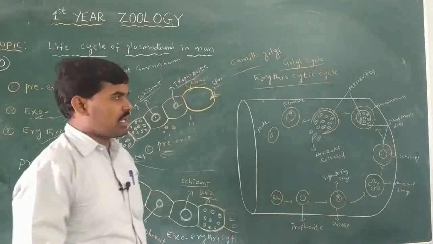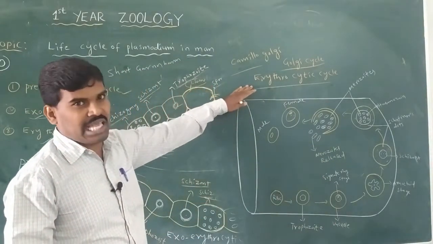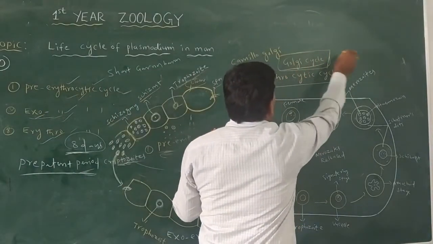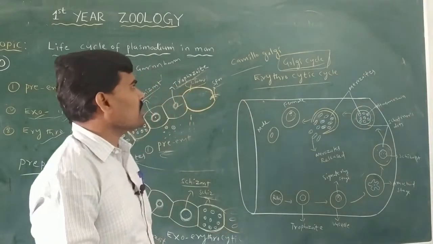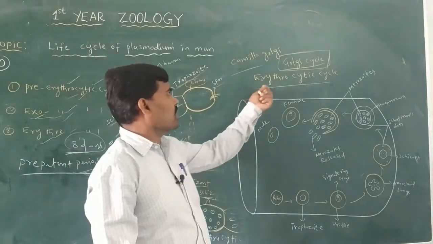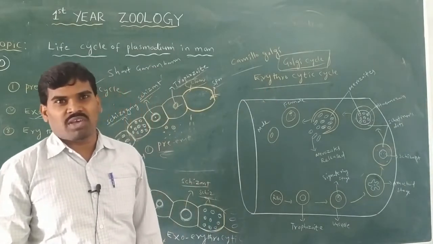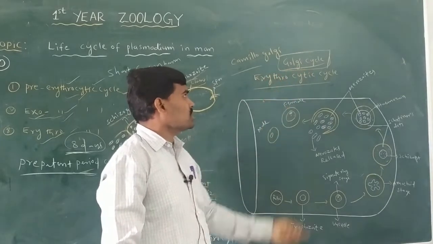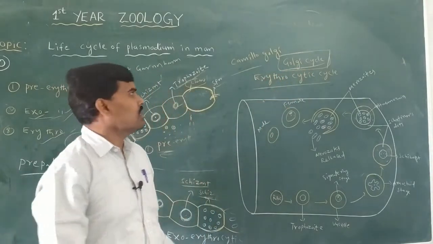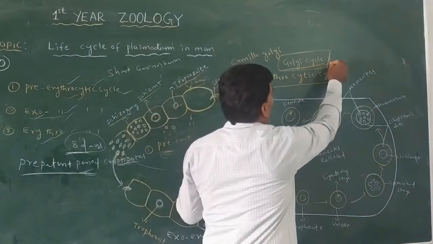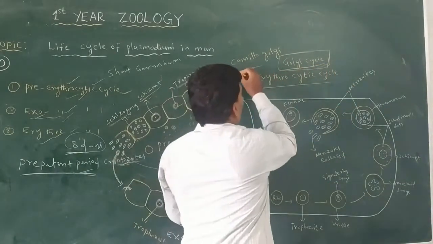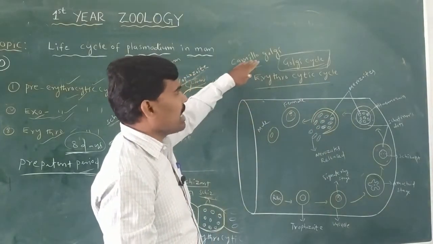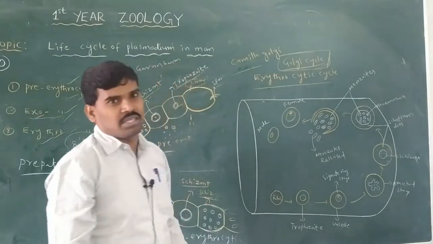This is an important 4-marks question: the erythrocytic cycle, another name Golgi cycle. In examinations, you may be asked to explain the Golgi cycle or describe the erythrocytic cycle in Plasmodium vivax. The two names, Golgi cycle and erythrocytic cycle, are the same, because it was described by Camillo Golgi, hence the name Golgi cycle.